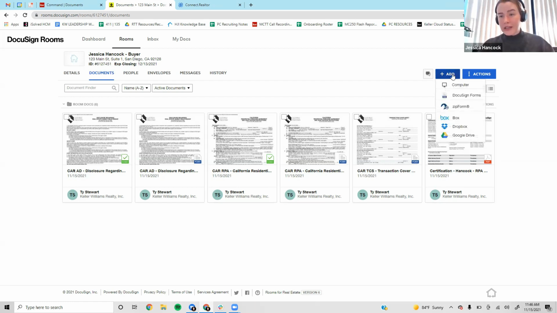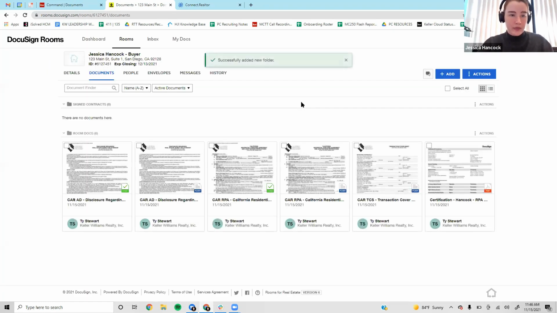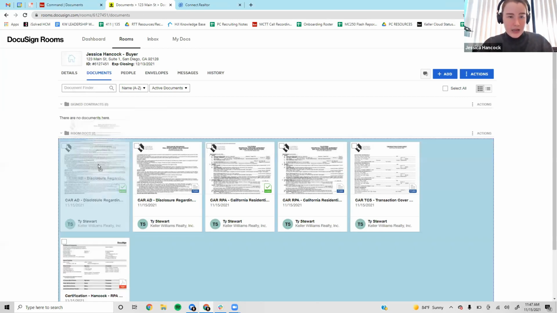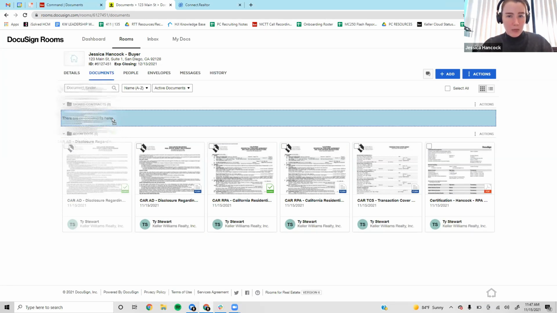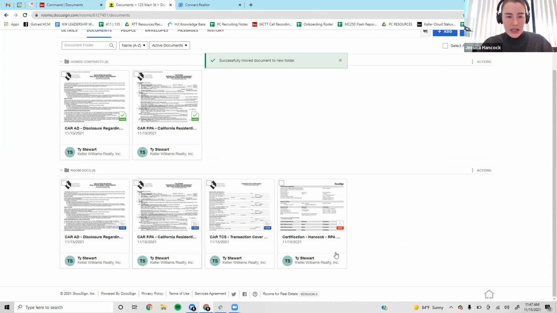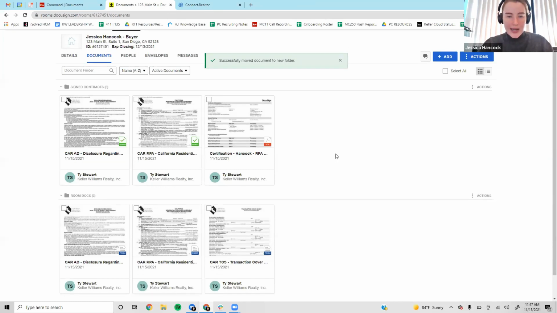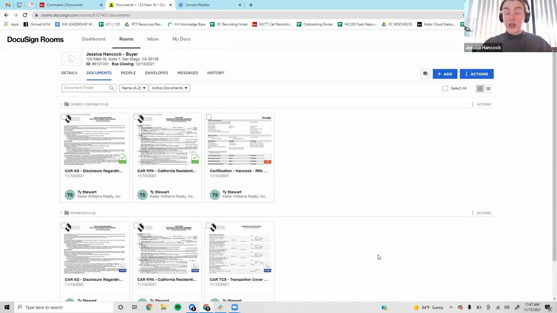So what you can do is, I believe you can come over to Actions on the right, and there is an Add Folder option. Once we do that, we can go ahead and say this is signed contracts, and I can hit Create. Now you can see that we have this little field here. And what I can do is drag these guys up into this box. Once you see that bluish highlight happen, you can go ahead and release, and that will drag it right up into that area. Now you can see that we do have a little bit of a cleaner setup